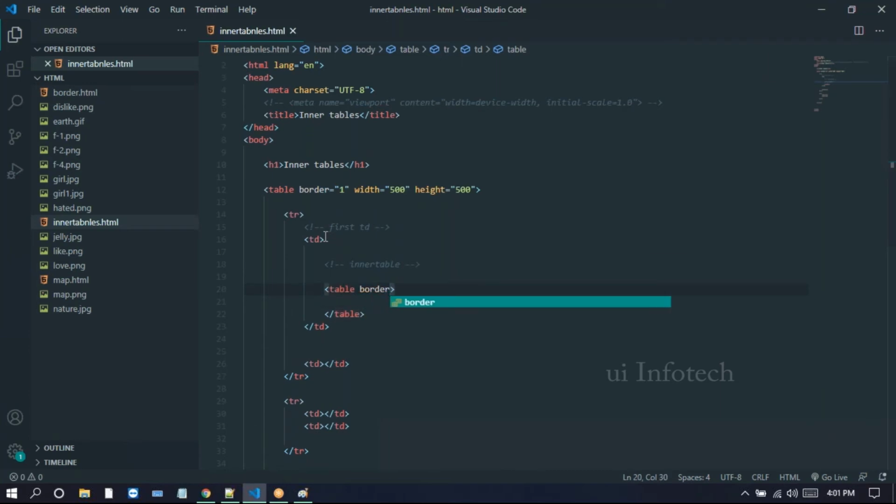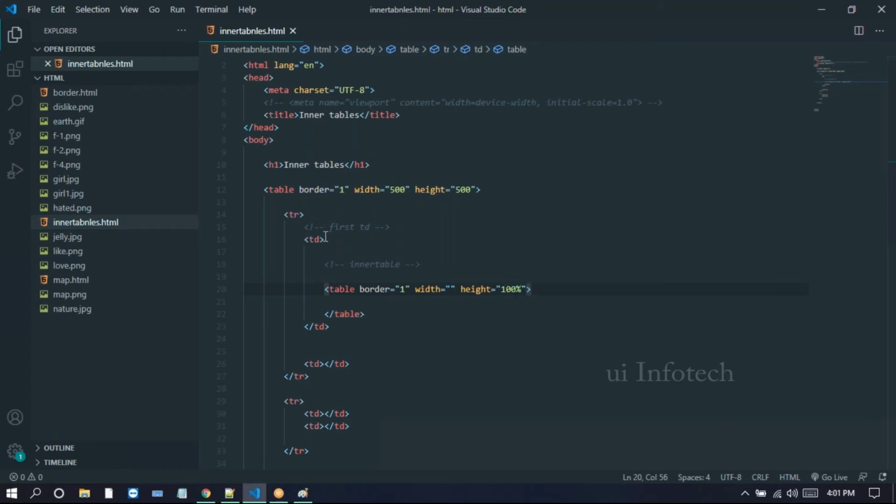The width and height attributes play an important role in inner tables. Why? Because it will occupy the full width of the TD. If you give 100%, the inner table will occupy the full space in the TD itself. So we just give 100%. Here I'm taking the width 100%, height 100%.